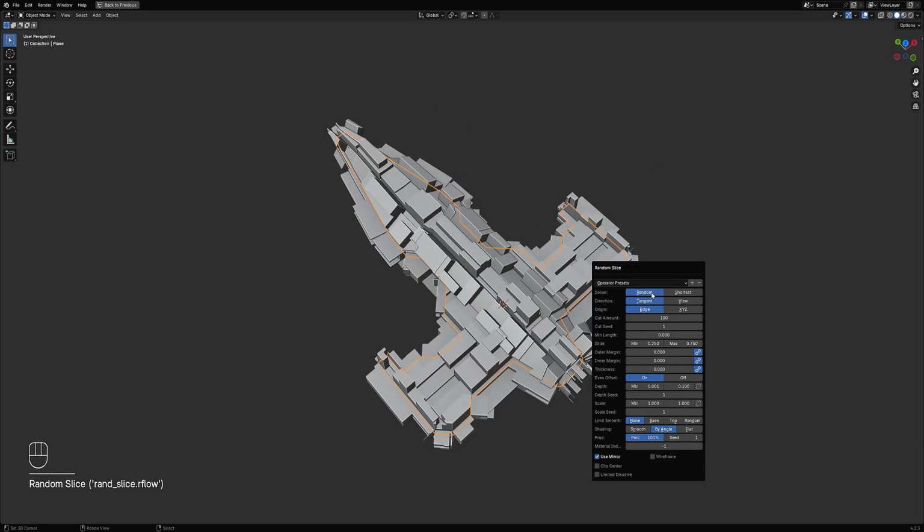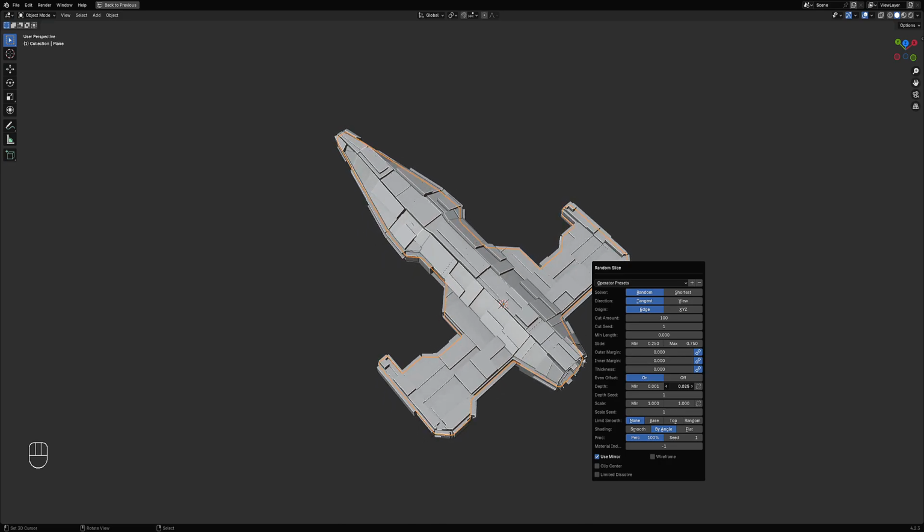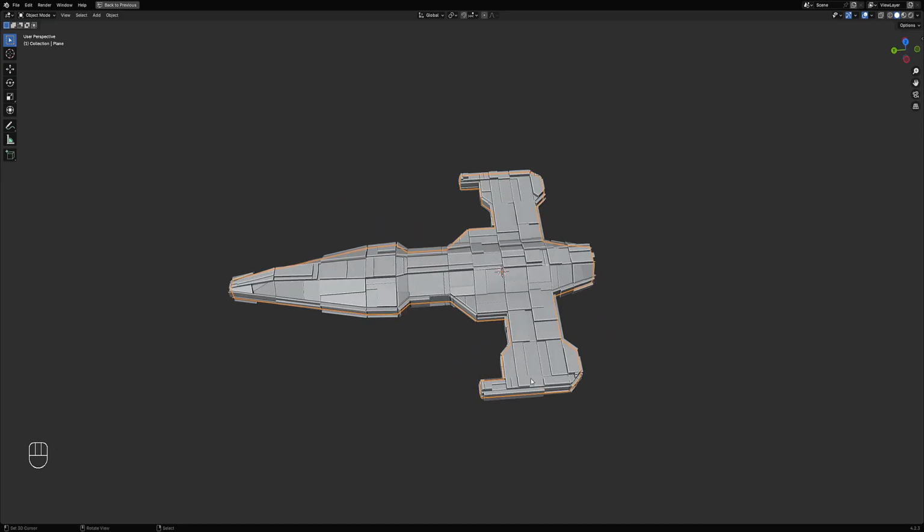So with random slice, you can also use it like random panels to basically model your detail your base mesh. So just gonna create a smaller depth here and then increase the thickness a bit. So if you detect any spiking, you can use even offset off to get rid of those. Okay, so